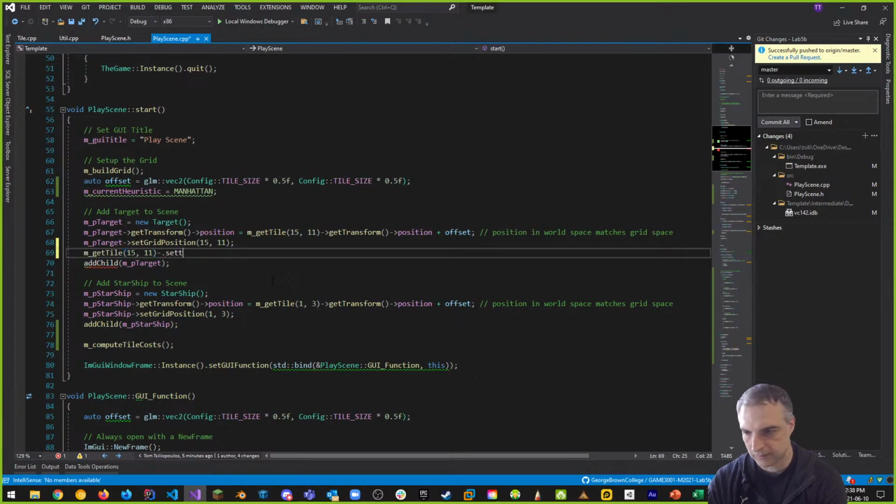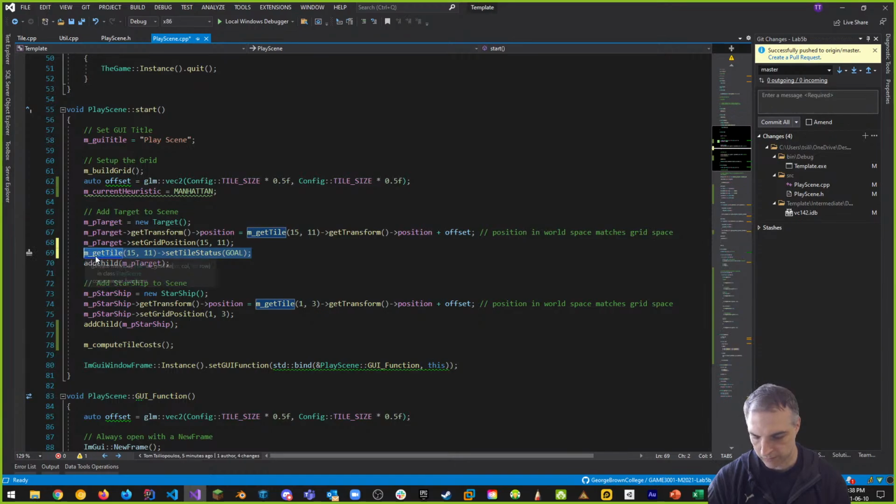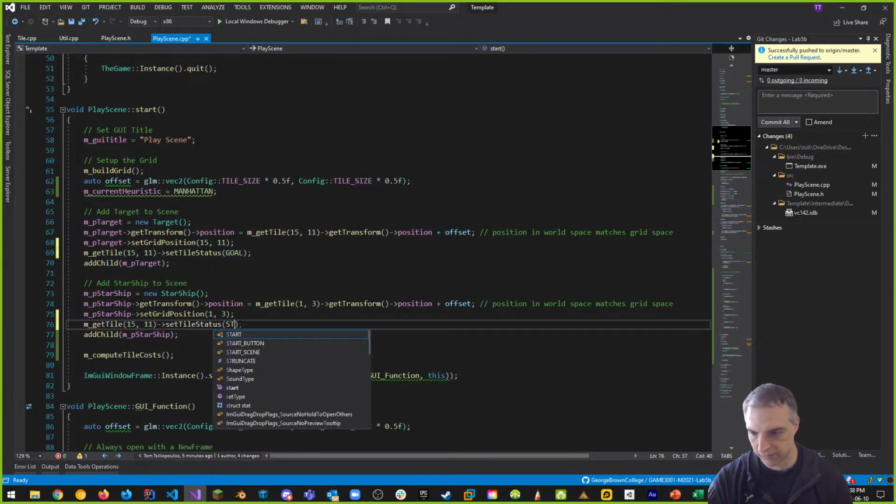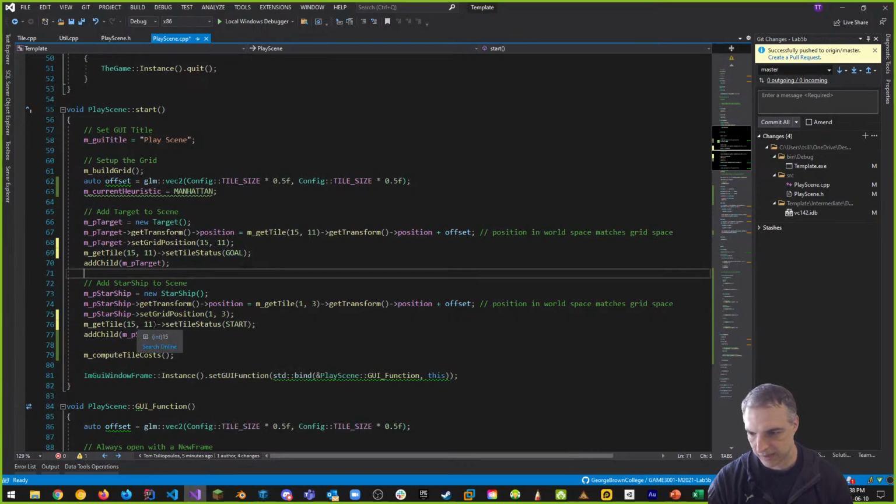We can set the tile status for that particular tile, the tile that the target is in right now. We can set the tile status to goal. That's the way we would set it. Once we set the tile status, remember, it changes what the status object is in there. And the same thing goes with the starship. We can set the tile status of the starship to start,